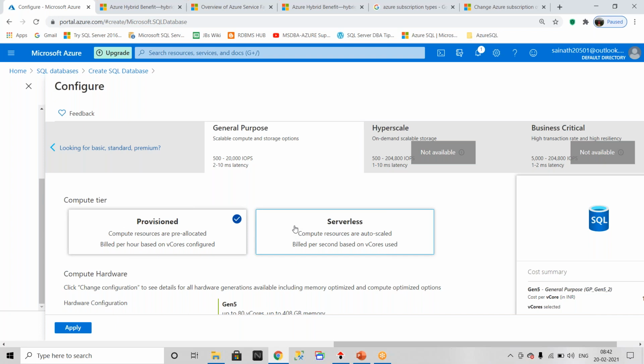Let me ask you a question so that you will get it. For example, I already migrated my database from on-prem to the DTU purchasing model. After I migrated, my application team is telling me that performance is impacted. Every time they are complaining, so we suggested, can we go for vCore? Now let me ask you one question. Currently I have the DTU purchasing model. How will you convert the DTU purchasing model into vCore? Getting my point?